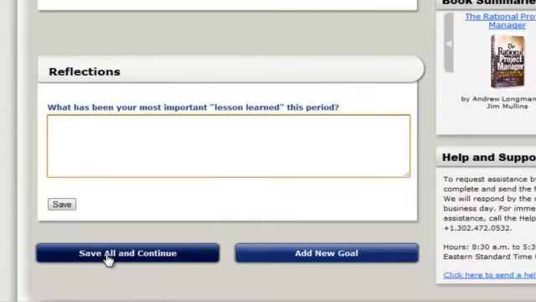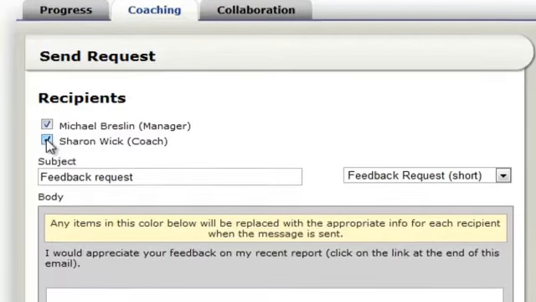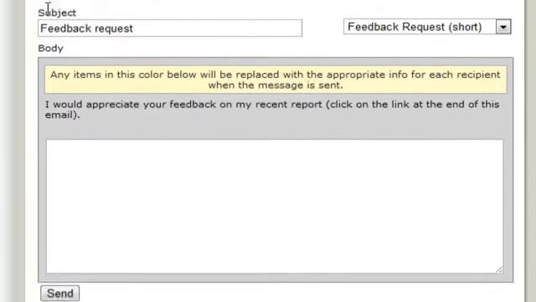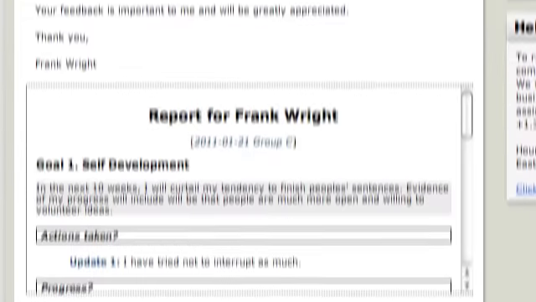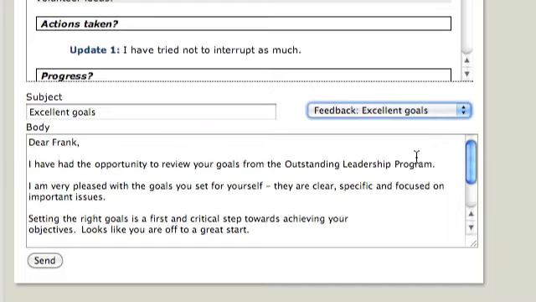When Chris has completed her report, she clicks Save, and the tool advances to the coaching page. This feature makes it quick and easy for Chris to send a request for feedback to her manager, a peer from the program, or anybody else she chooses. Chris can add more advisors at any time. Chris's advisors receive an email with a link that lets them view her update and provide feedback and coaching on